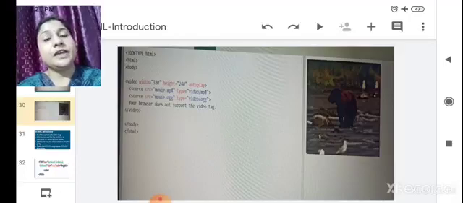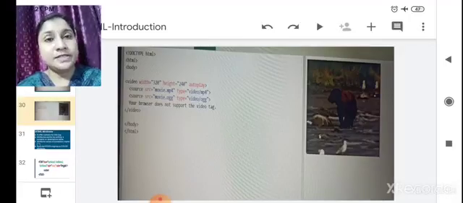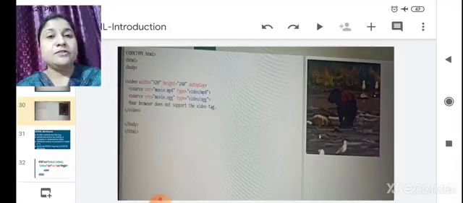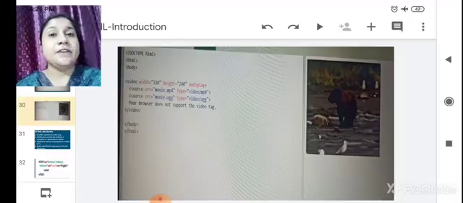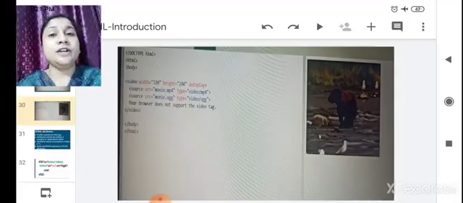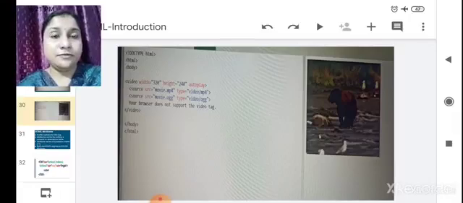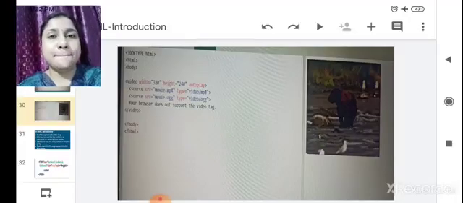Then we saw the header. It is used for introductory information like site name, company name, logo, slogan. Then we saw the footer tag, which is used to put copyright information, a contact address and other small print items on a page.